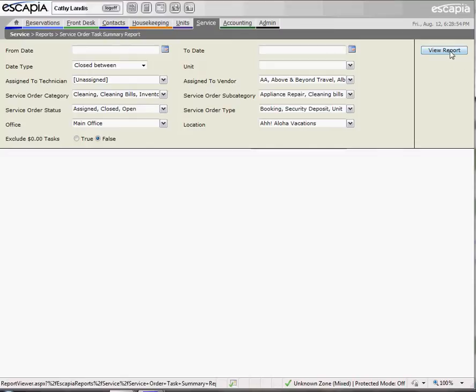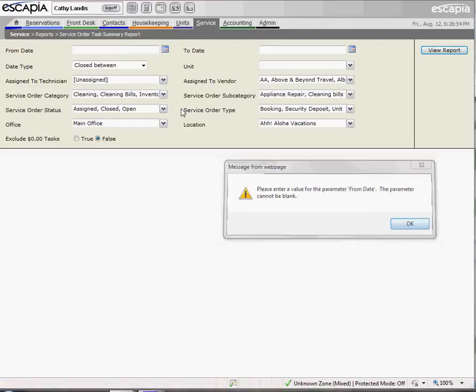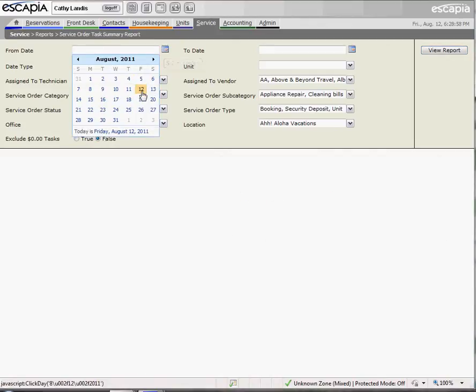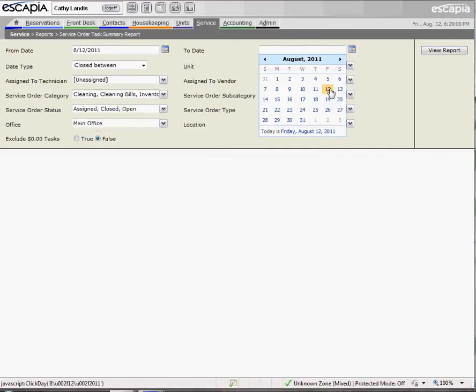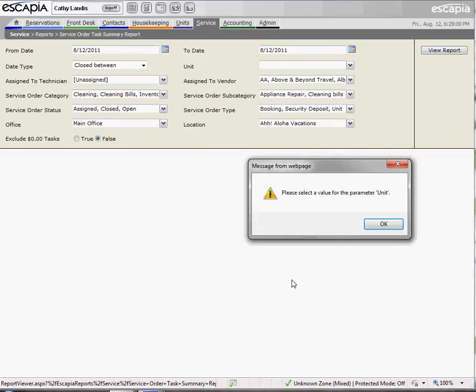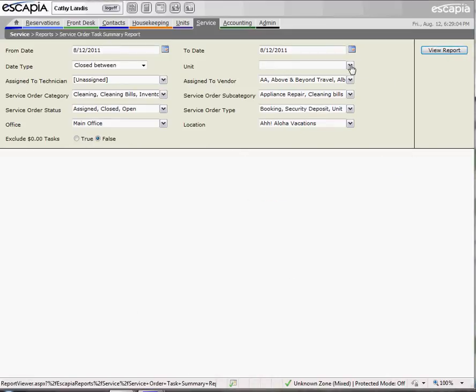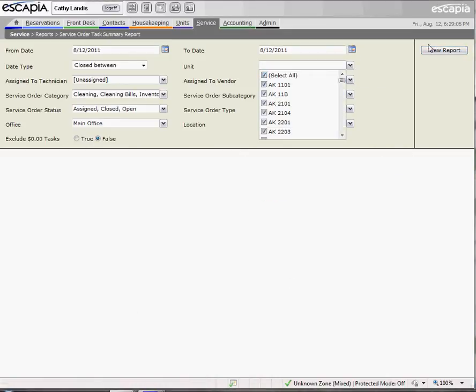Generally, when you run a report, let's put in some dates. We'll just make some up. All right, once you get a report, assuming this is ever going to happen here,